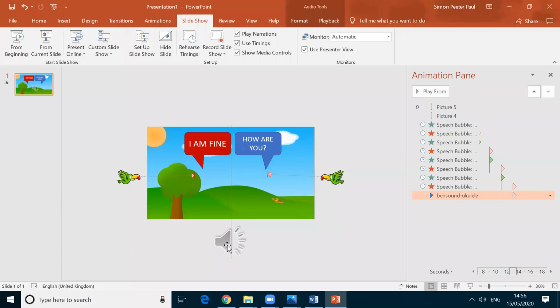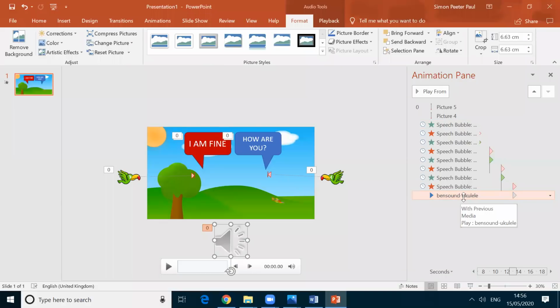See here, the problem is that now I have arranged this, but the music will play at the end because the animation is at the bottom. I can move this one up. I select this one, click the up arrow, and move it so that the sound plays when the screen opens.